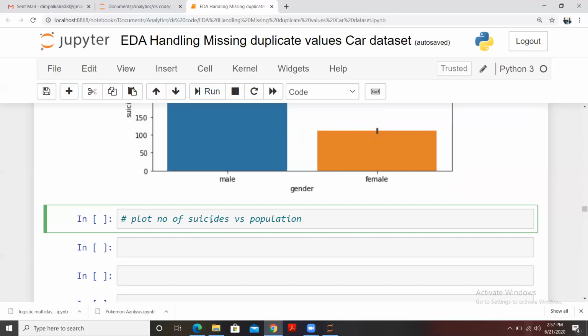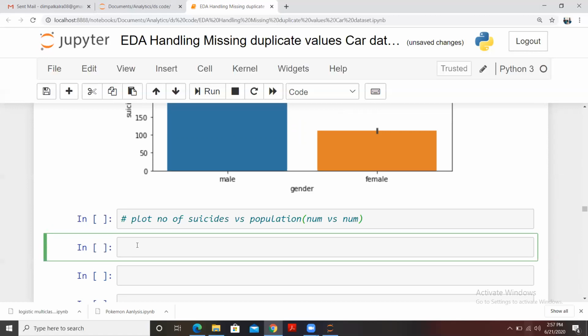So this is an example of numerical versus numerical, because these two are numeric values. We have suicides as a numeric, and we have population in numbers only. So let me create a scatter plot for that. I'm using SNS, that is sns.scatterplot.